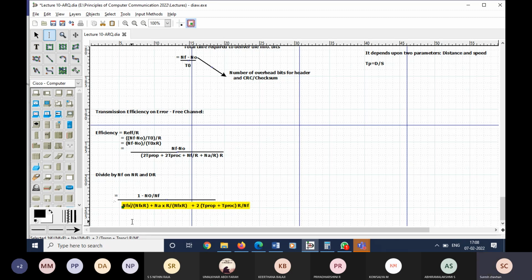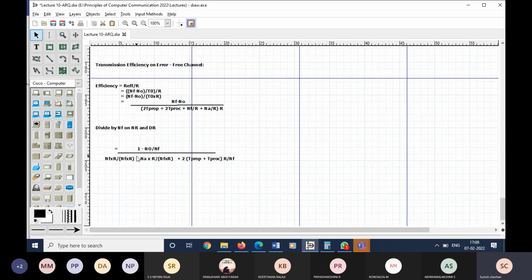Inside it will be the multiplication, so R will be there, correct? So Na by R into NF by R, correct? So this is how we will get. If you again reorganize, then NF into R divided by NF into R will get cancelled. It will be 1. And this R will get cancelled. So we'll get NA divided by NF plus 2 times, right? T propagation plus T processing R divided by NF will be there. Correct? So that I'll be rewriting as